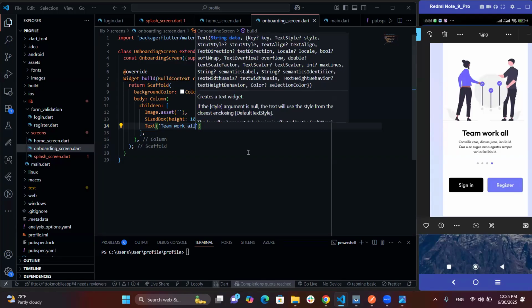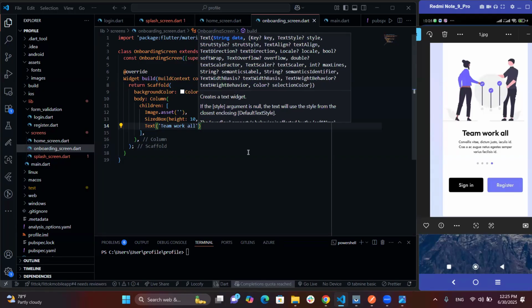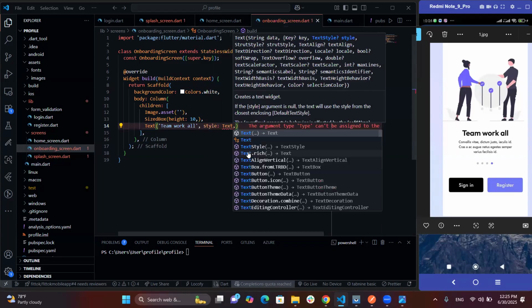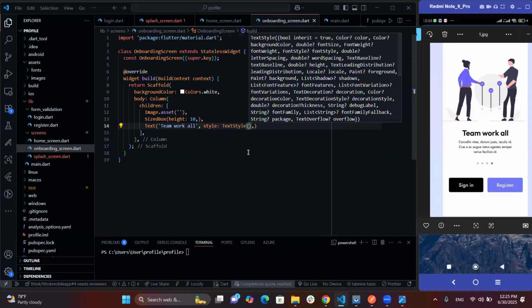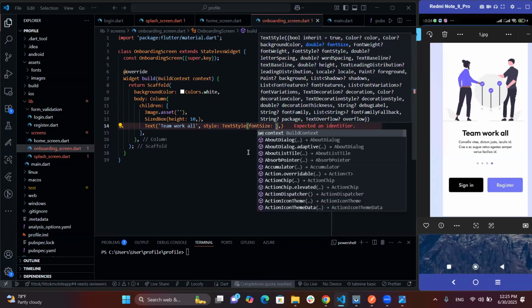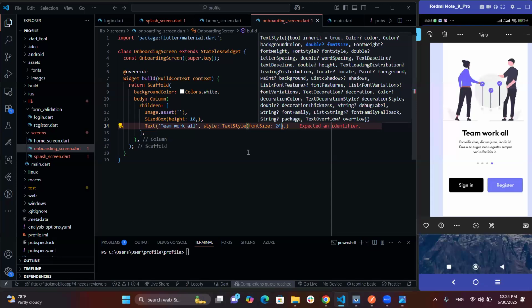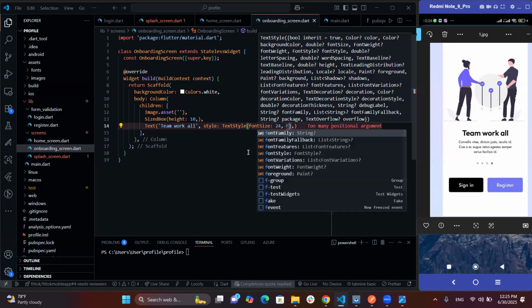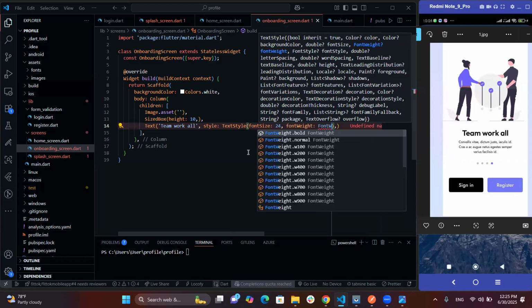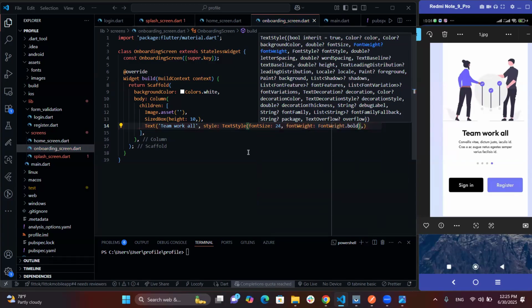All right. So under teamwork or, say we have text style of font size. Let's give this 24 since it looks a little bit bold. And the font weight, yeah, it looks bold. So font weight, bold. Okay, so since we have that,